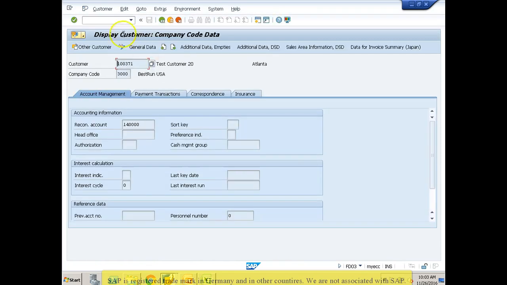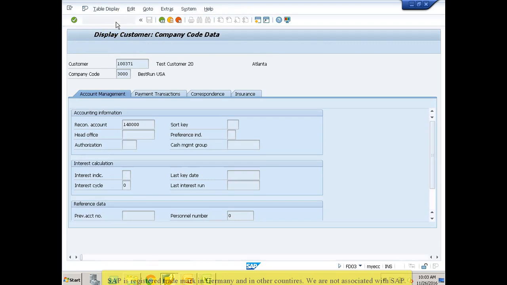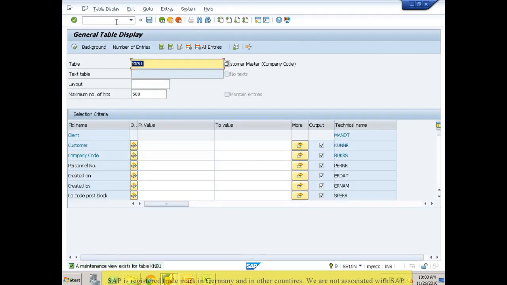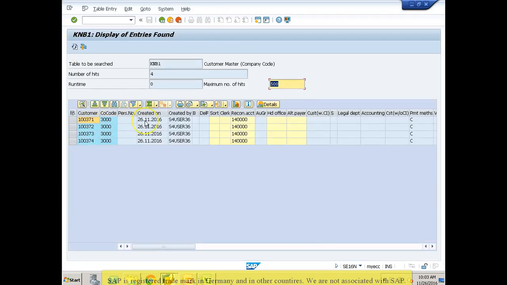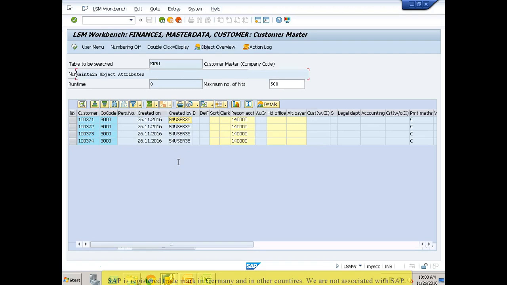Yes, it is created. Another way is you can check in the table. KNA1 is general data, KNB1 is company code data. 100 371 to 100 374. These 4 records we have created. Okay, see today's date, and this is the user who created them. So this is how the recording method works,